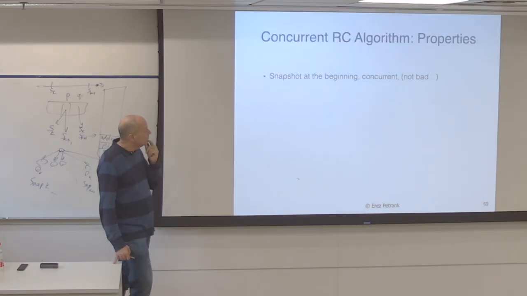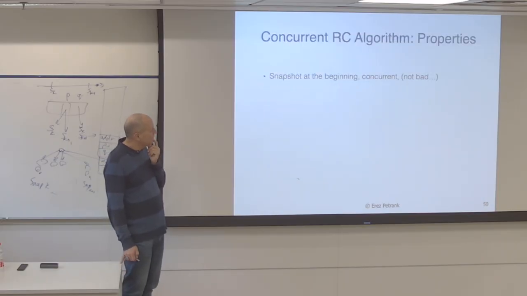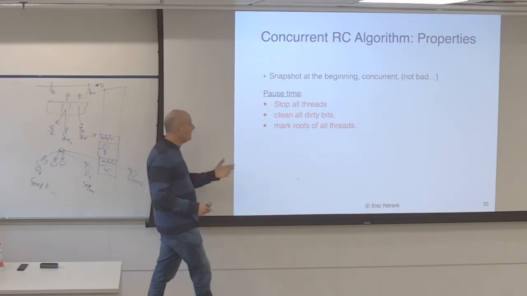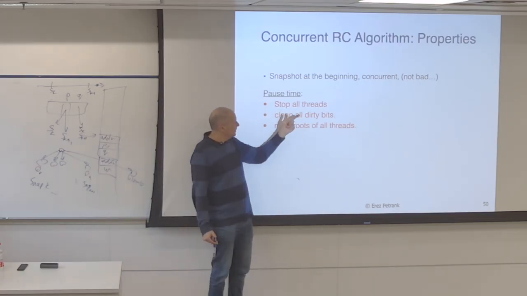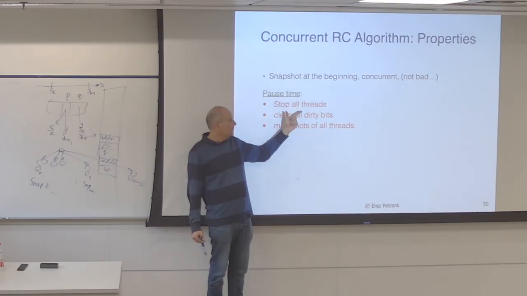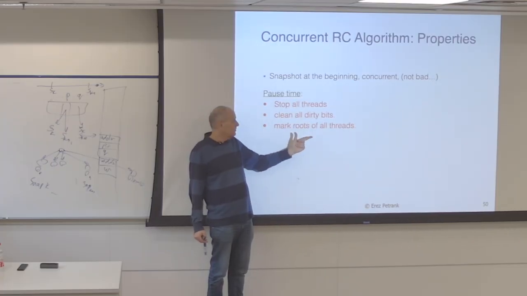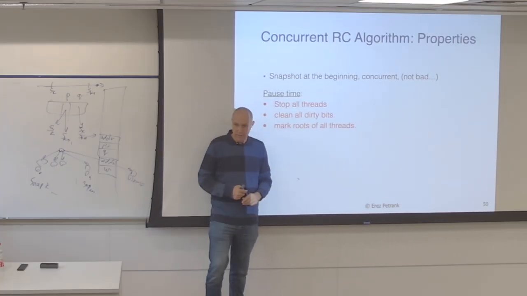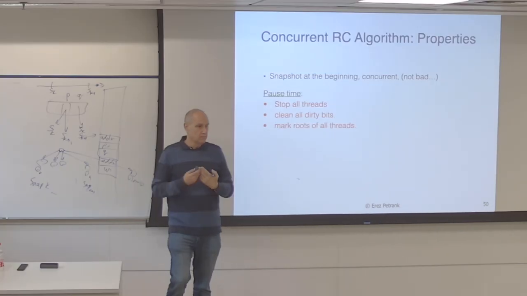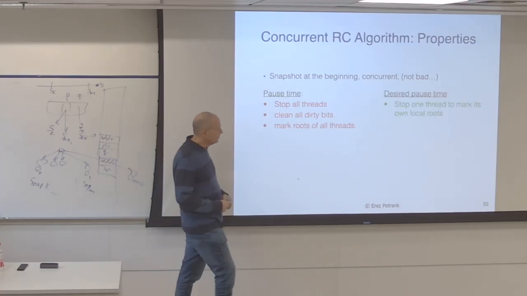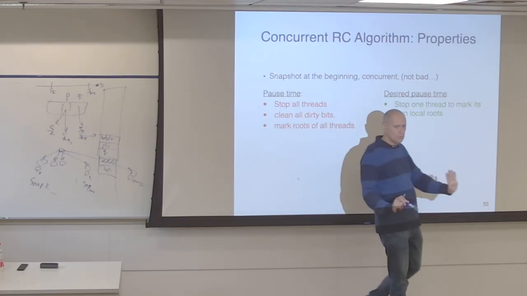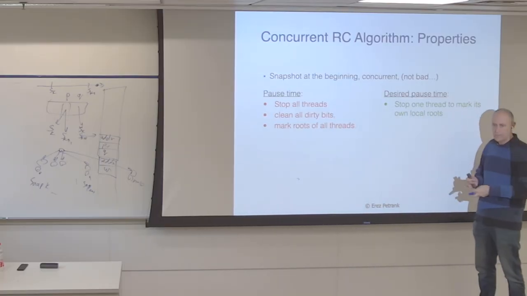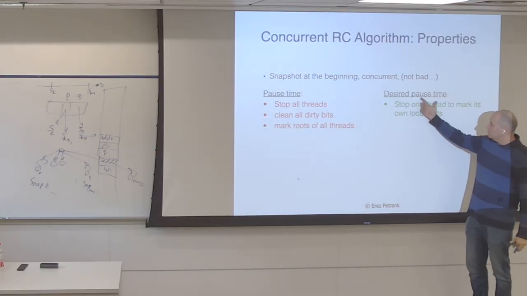If we want to move to... okay, so why do we? So pause times for the concurrent collector are for stopping all the threads, for cleaning all the dirty bits, and marking the roots of all the threads. And we would like to make it shorter. So that's not bad. Actually, you could work with it. It's not a long pause. But if you really want short pauses,